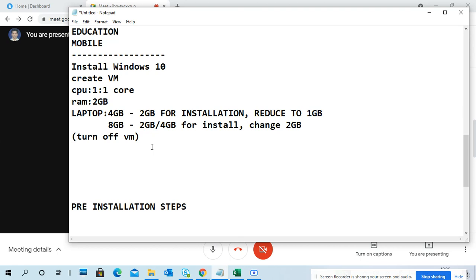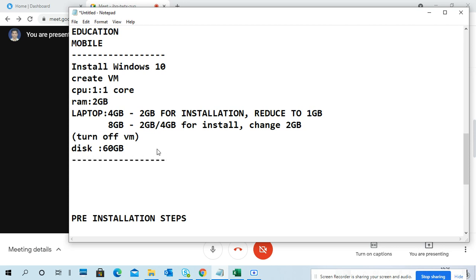Okay, so how much disk size will we take? The virtual machine shows 60 GB. I'll keep 60 GB because minimum 32 is enough. 60 is more than enough for all practicals, we don't require more than that.